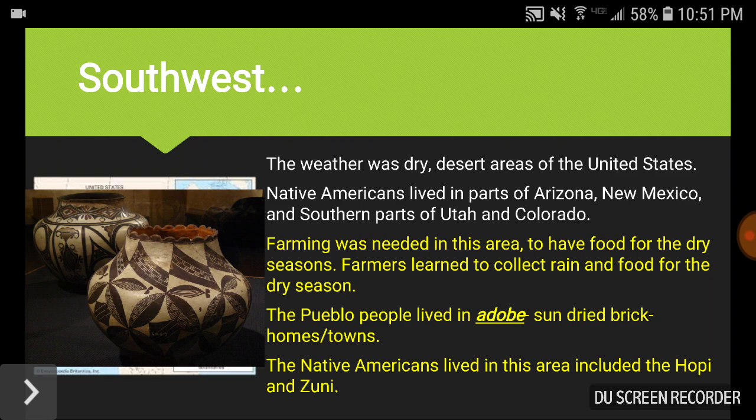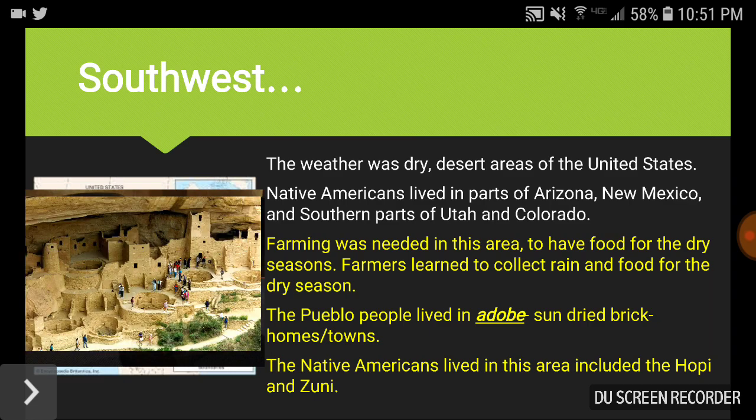Again, very different type of living style or culture that the Southwest Native Americans have to endure that other Native Americans do not, because they have water sources on a constant basis. The far north, ice. All you have to do is just melt that and you have water. The Northwest, it's constantly raining. The far west also had rain, also had snow. The Southwest Native Americans, not so much. It is a hot, dry climate. So their culture or their way of living is distinctly unique.